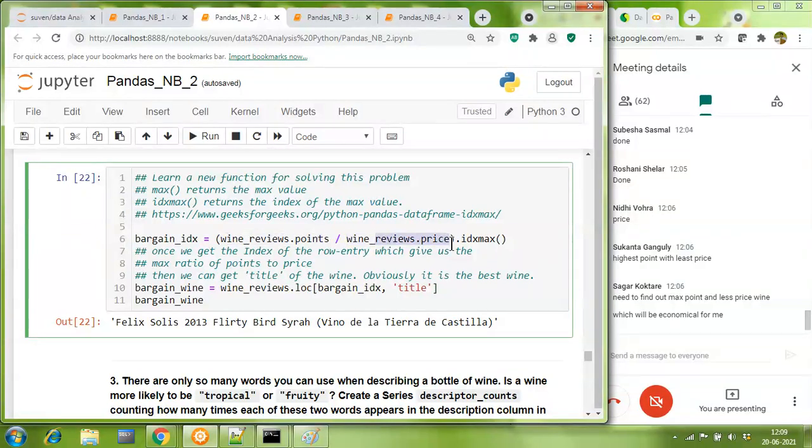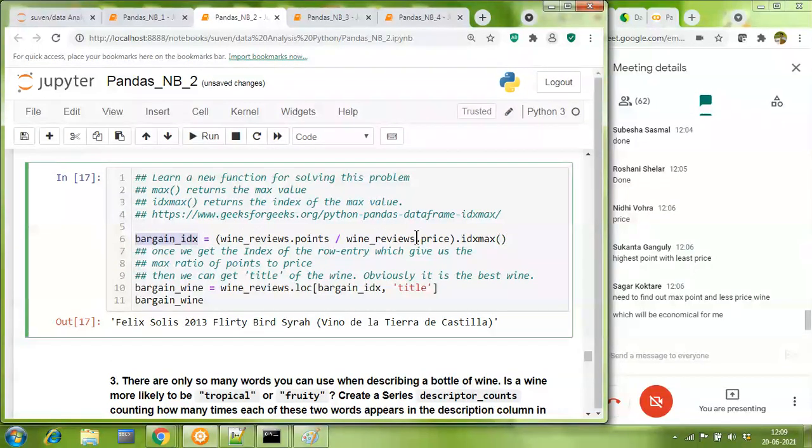Now, which out of them is maximum? If you want, you will use the dot max function. No, I don't want the maximum. I want the index of the wine where this value of points divided by price is coming as maximum. So when I run this piece of code, the index will come here.